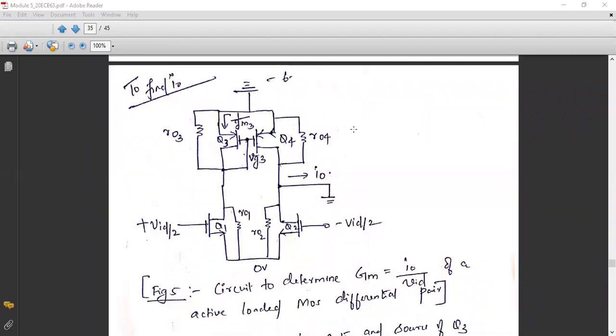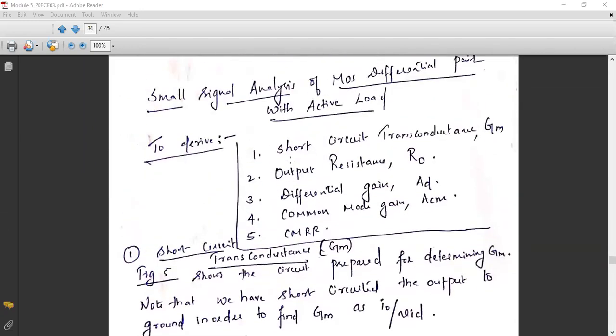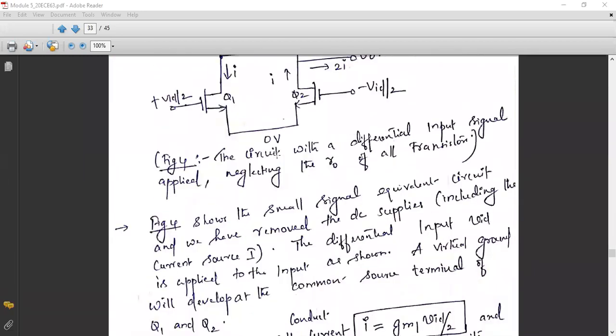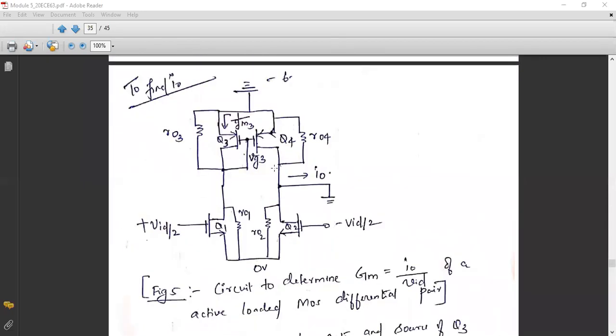So it is a simple circuit, okay? Don't confuse it. Whatever we have drawn in the previous analysis, from the same circuit I have used here also. The same circuit, the only difference is I have shown the effect of output resistances of each transistor. So after connecting this Q1, Q2 pair, this is NMOS. Q3, Q4 should be PMOS, and I need to connect the gate terminals and source terminals together.